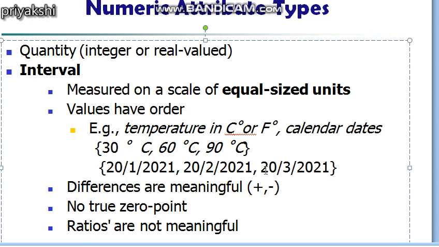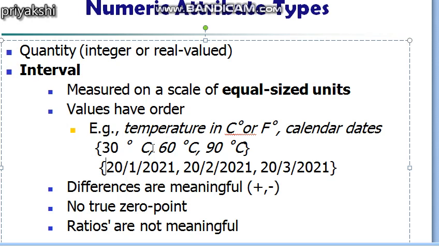But in case of an interval scale variable, ratios are not meaningful. If I divide 60 by 30, I will get 2, but it doesn't mean that 60 degrees is twice as hot as 30 degrees centigrade. The things are not like that. Why? Because physically a temperature of 1 degree Celsius or Fahrenheit is not much different from a temperature of 2 degrees Fahrenheit or Celsius. So we cannot apply ratios here, or the ratios are not meaningful